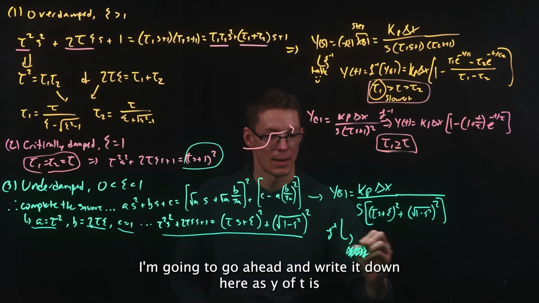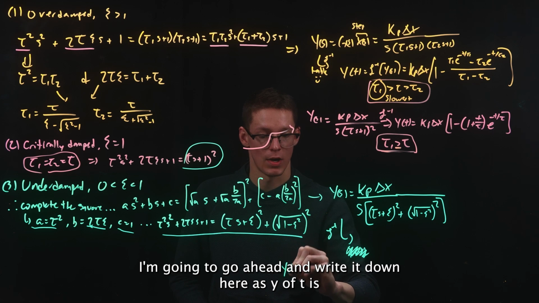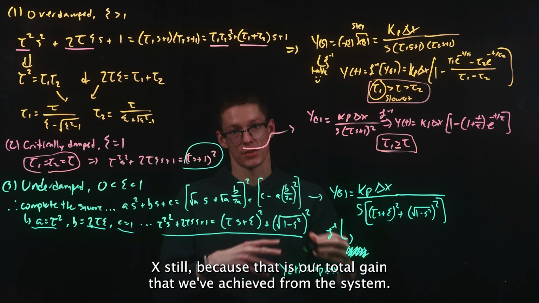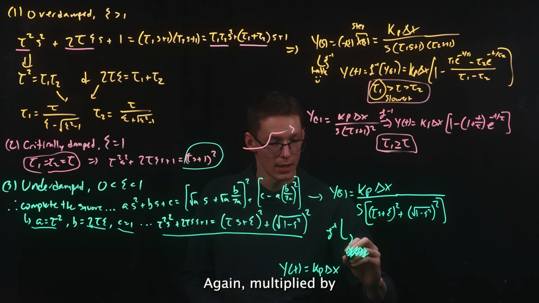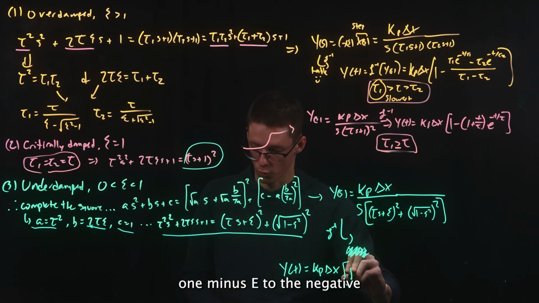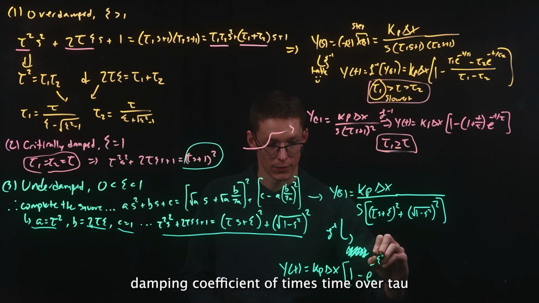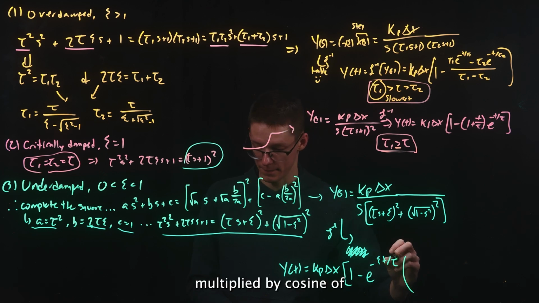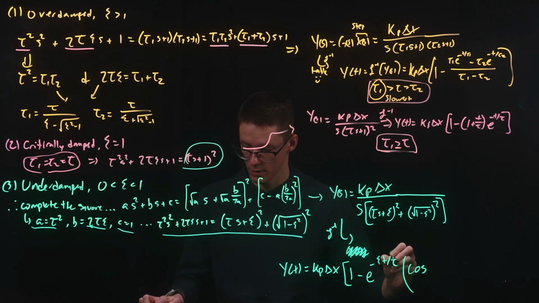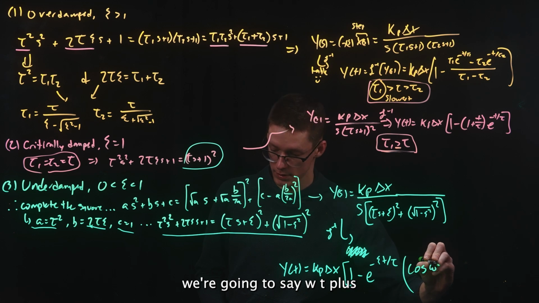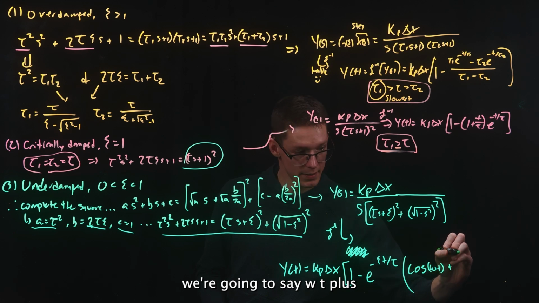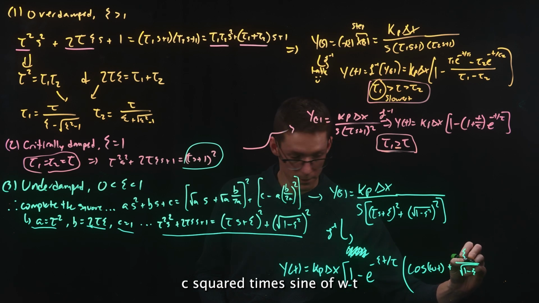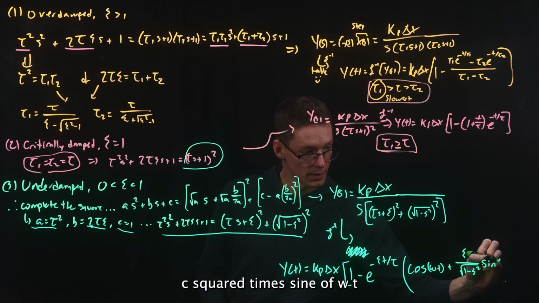Just to be safe, I'm going to go ahead and write it down here as y of t is equal to Kp delta x still, because that is our total gain that we've achieved from the system again, multiplied by 1 minus e to the negative damping coefficient times time over tau, multiplied by cosine of, we're going to say, omega t plus damping coefficient over the square root of 1 minus zeta squared times sine of omega t,